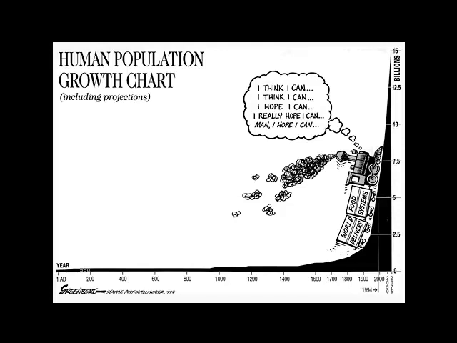The reason for that is they had a high amount of birth rates, but they also experienced a high amount of death rates. But around the 1800s, with the Industrial Revolution, we have a lot of technological advances that put